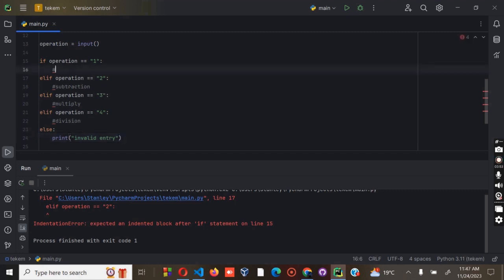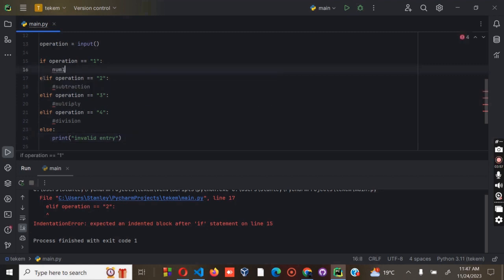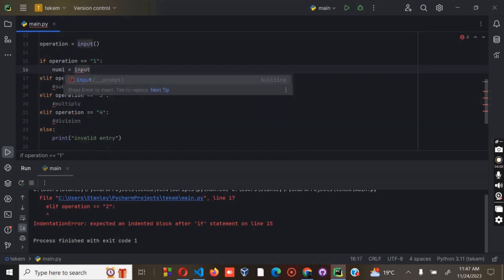For this one, we have number 1 equal, then let's try to input. What do you want to input? So we need now to input